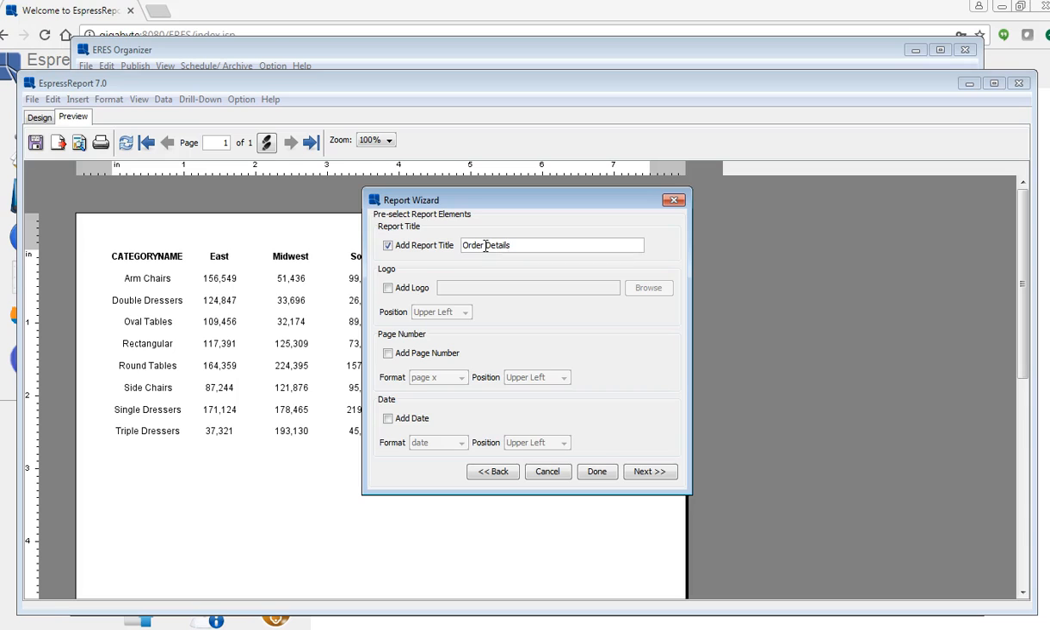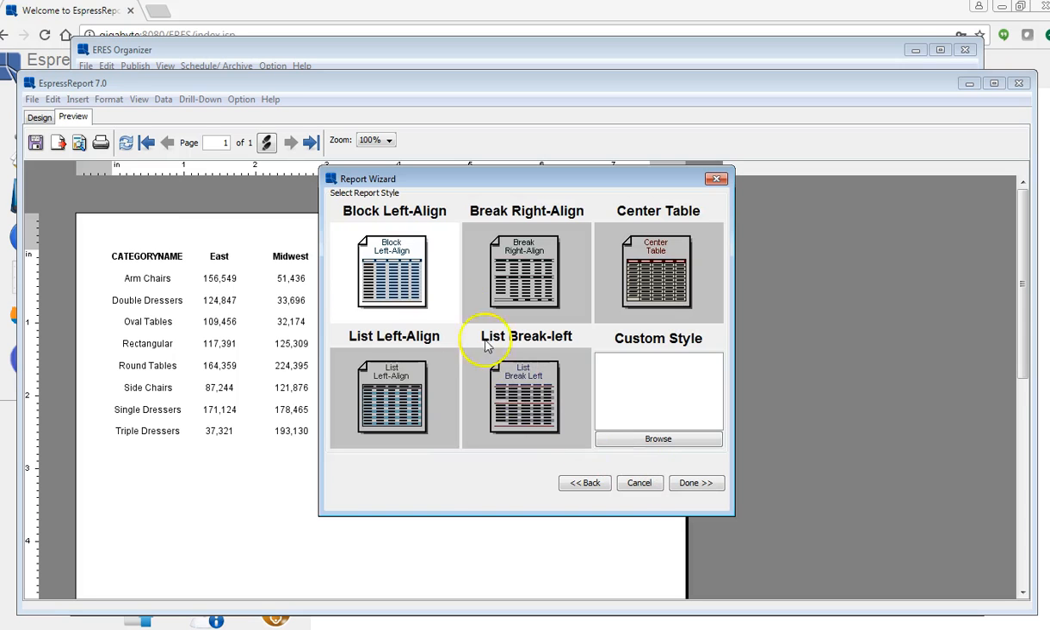and let's also check the page number. Say number of pages on the lower left hand corner, and also add date in the lower right corner, and then we hit next, and